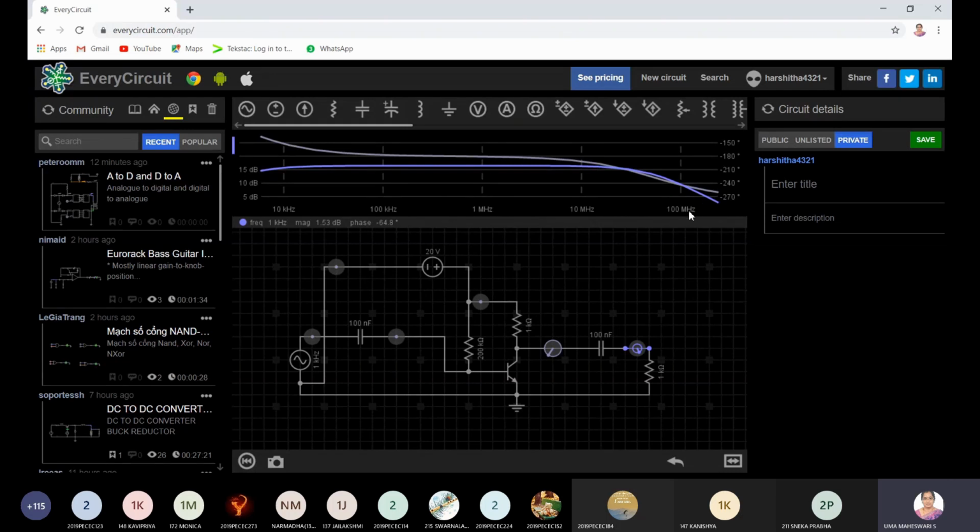That is only your voltage gain in decibels. Able to understand? So that means earlier it was your low frequency region. This was your mid frequency region. This is your high frequency region. Okay. Now we have got a graph. Now you should understand how to find the readings.